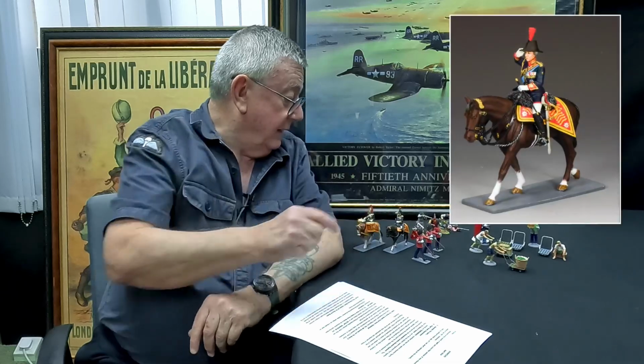horsewomen events. She was appointed Colonel of the Blues and Royals several years ago, and she often appears in the dress uniform of a colonel on major parades such as Trooping the Colour. So the figure that we have here is her on horseback, saluting to the front, wearing the full dress uniform